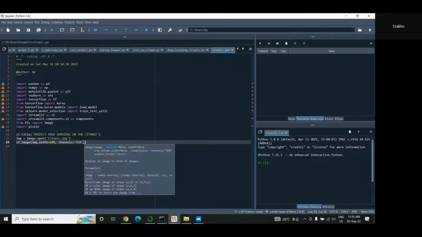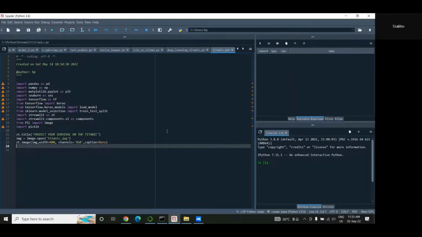What else can we add here? We can say caption. Caption is going to be equal to none. The caption is equal to none. And now to actually run this